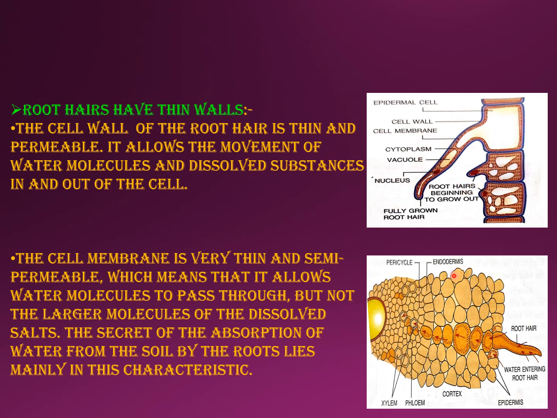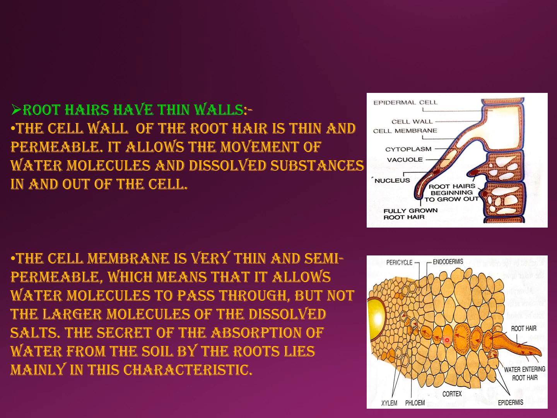Now, how does water enter the xylem vessels in the stem? I already mentioned the points about the root hair: concentrated cell sap and unicellular. Because the cell sap is concentrated, water from the surrounding soil enters here. Then it passes into the next adjacent cells, which are the cells of the cortex. The next layer is the cortex, and it enters the cells of the cortex.